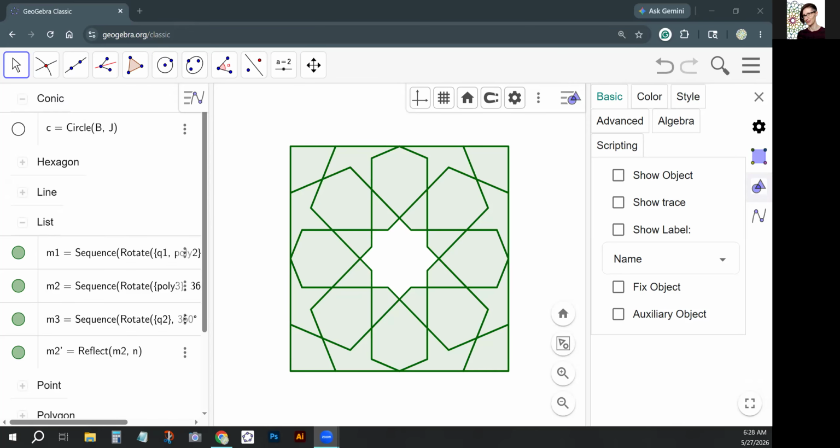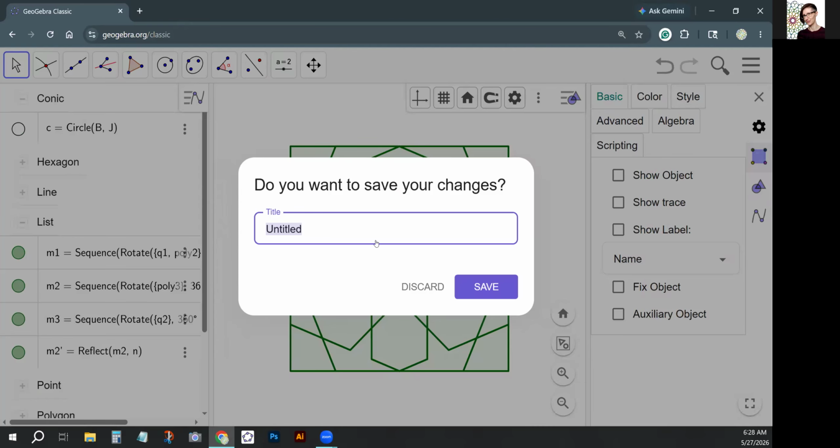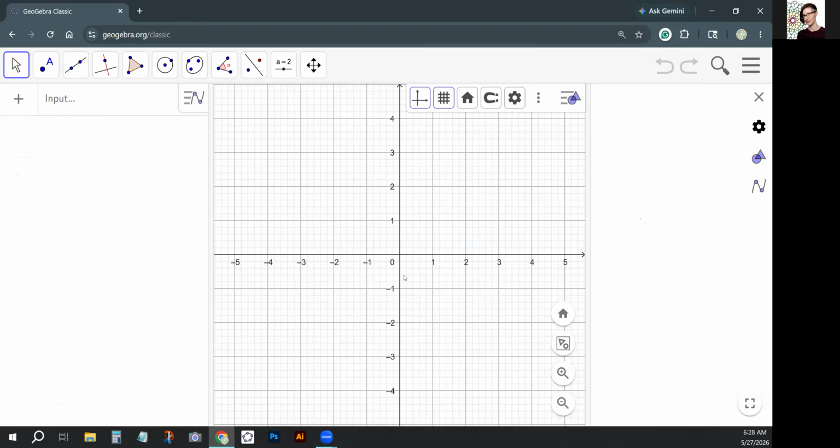Hey y'all, so in this video we're going to construct just a basic 8-fold star rosette, which can then be reflected to make a bigger pattern. So I'm at geogebra.org/classic and I'm going new, and I don't care about saving my work because I'm constructing it